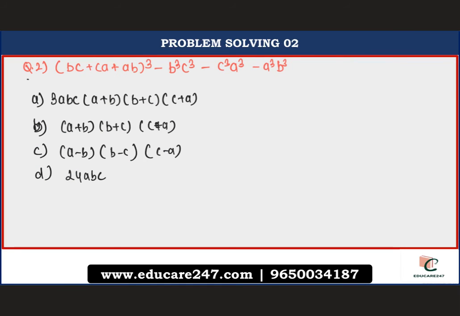By now, I know you guys should be pro at it and you must be enjoying this concept. So let us have a look at this expression. They have asked what is the value of this expression, and they have given us 4 different options, right? Again, we'll calculate the degree. Again, this is a homogeneous expression because if you pick up this BC, which is of degree 2 and outside multiplied by 3, the degree is 6 over here for the individual term. Even if you pick up this term, 3 plus 3, it will be 6, hence the degree of this expression is 6. So just cross check options with degree 6.